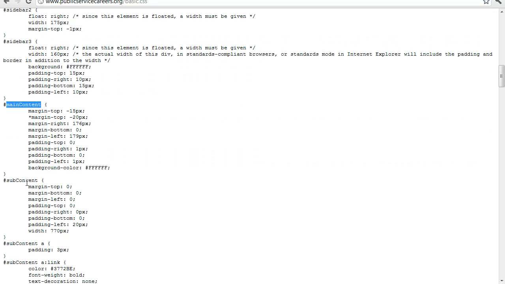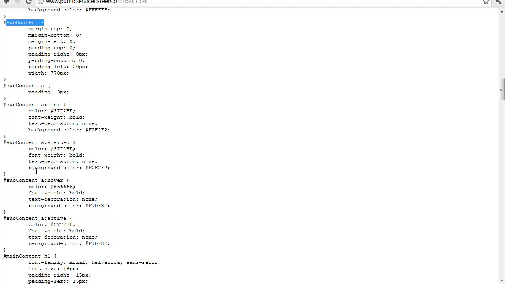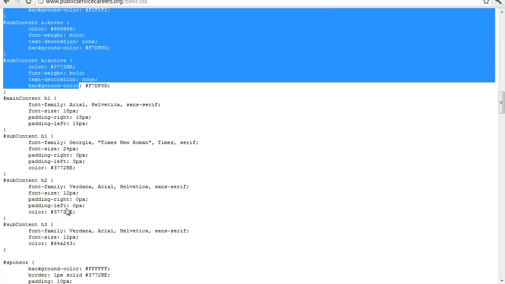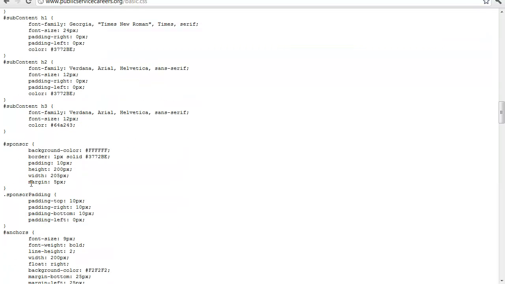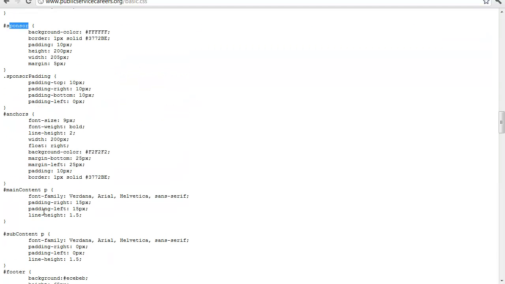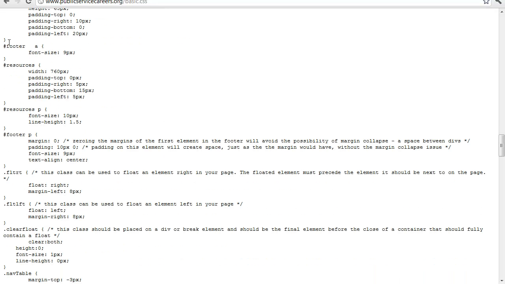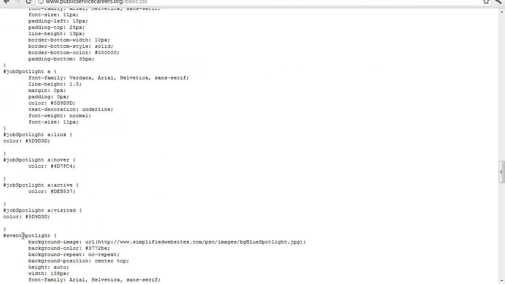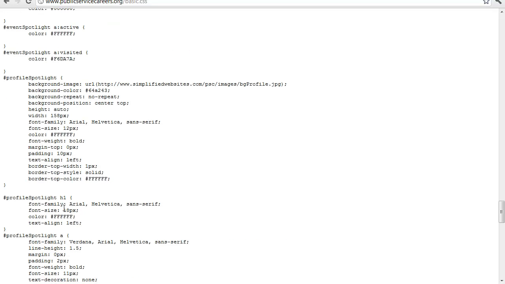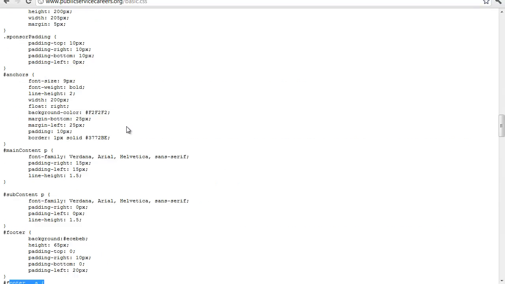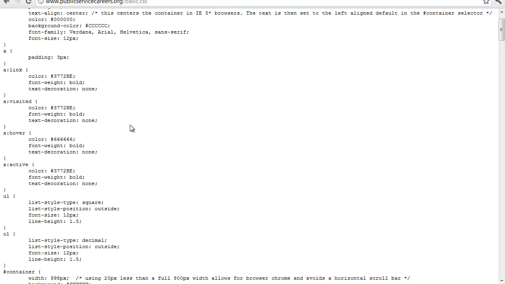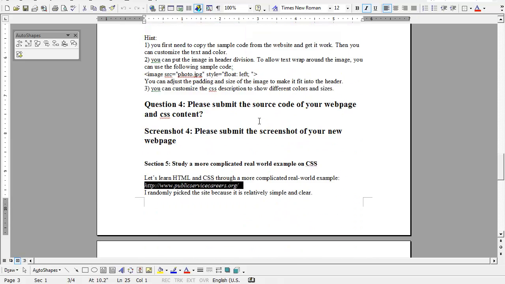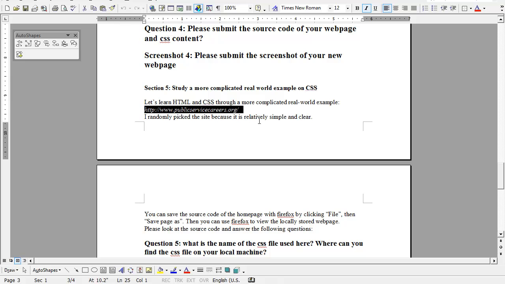The main content, sub-content, main content h1, h2, different things, sponsor link, the footer, and the rest of the stuff is getting a little bit more complicated, more specific, based on their website usage. So as you can see, this is just a slightly more complicated version of the previous example. So what I want you to do is actually look at their CSS file